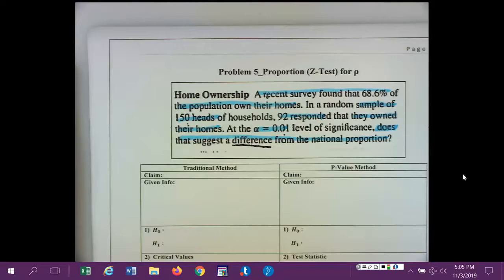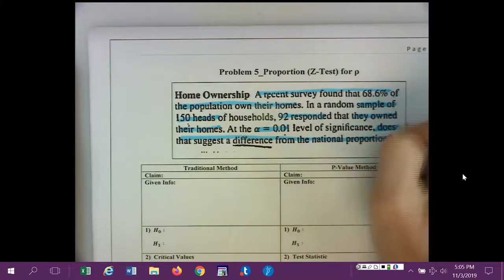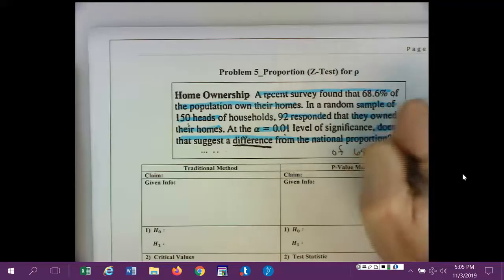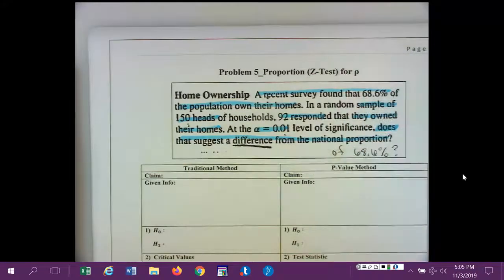Again, if I were to give you this same problem on a test, I just cut it out from a textbook and pasted it to this handout. The national proportion of 68.6%, I think they should have done that, to refer back to that first percentage of 68.6. So first sentence, a recent survey found